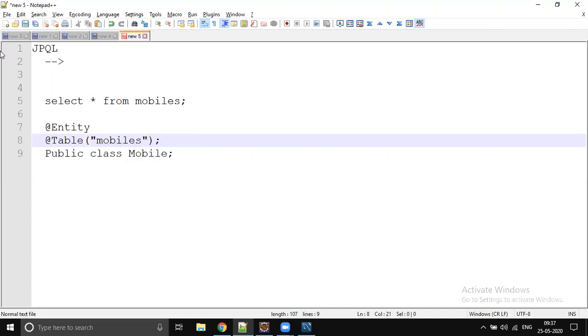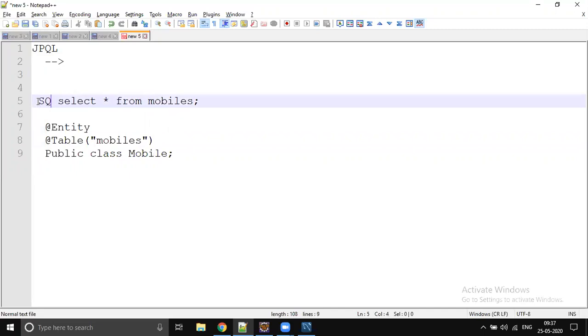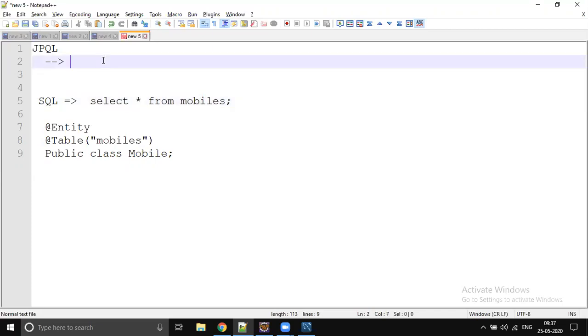So whenever you want to write the equivalent JPQL query, this is going to be SQL, and you want to write the equivalent JPQL query. You should write something like this: select M from Mobile M. This is the equivalent JPQL query.